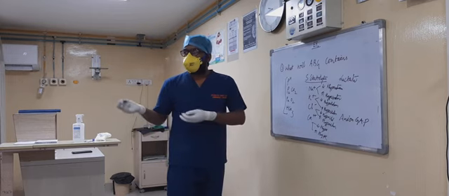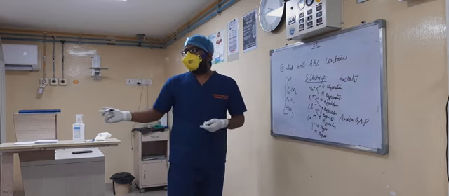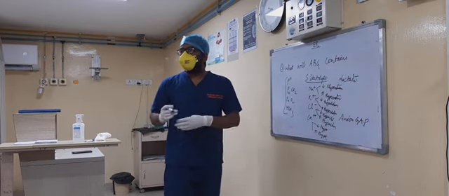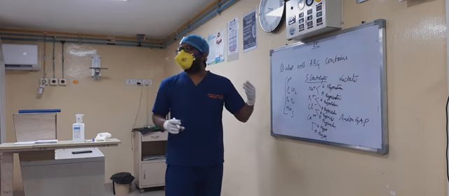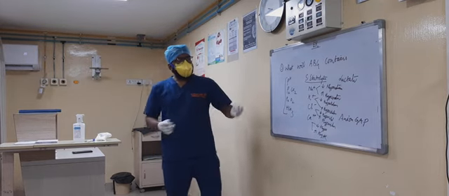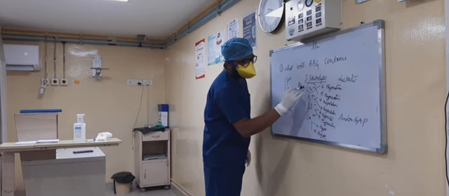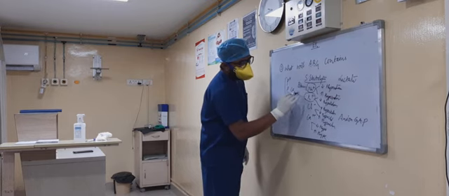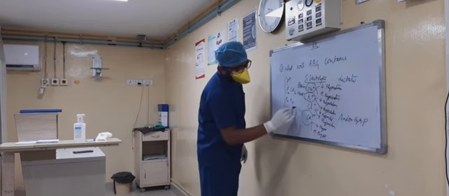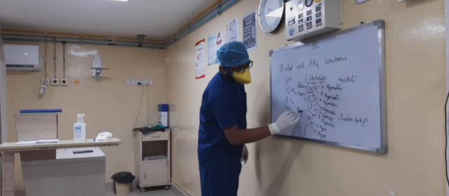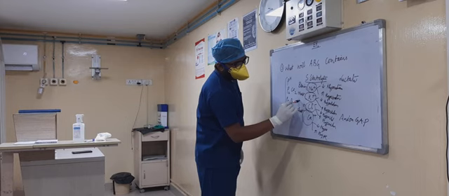Okay, we can give some injections, we can treat it. If the patient is having hyperkalemia, we can treat it. Immediately we can treat, at least we can reduce the severity. Why? Because these electrolytes will cause a lot of damage to the body. This sodium will cause damage to the brain. This potassium will cause damage to the heart. Okay? Calcium again will cause damage to the heart. Okay? This chloride will cause damage to the skeletal muscle.